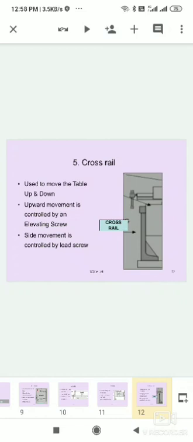It is at the top position, and on the left side it has a lever type handle. Horizontal sideways movement is with a lead screw, which is a long screw. It is also known as the cross feed screw.